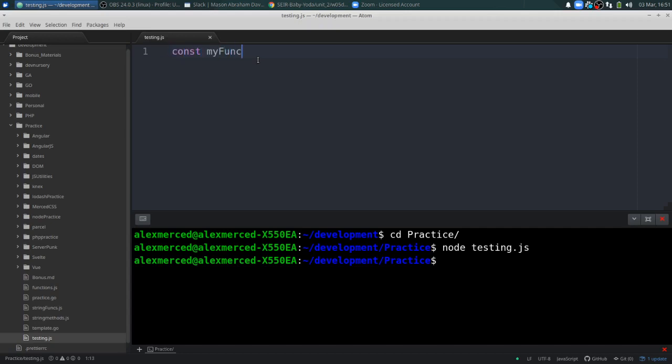const myfunc equals function, console.log, "Hello". Actually, let's make that a string. And if I wanted to create a class, you had to do this: const myClass, because there was no class keyword. So functions played a dual role, as a way to create constructor functions and a way to create traditional functions. So I would do this: function